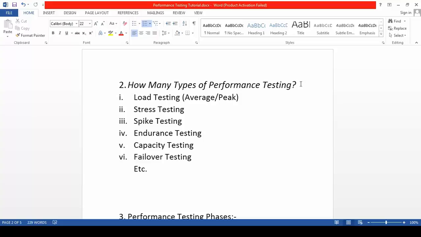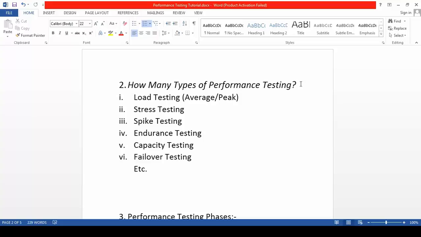Fourth one is endurance testing. Endurance testing means, as you can see from the name, that the duration of the performance testing will be huge. It can be 8 hours, 1 day, 2 days, 3 days or more. The basic purpose of endurance testing is to see memory bottlenecks, if there is any leak in your application anywhere, whether that is a thread pool leakage, connection pool leakage, memory leakage, whatever it is.